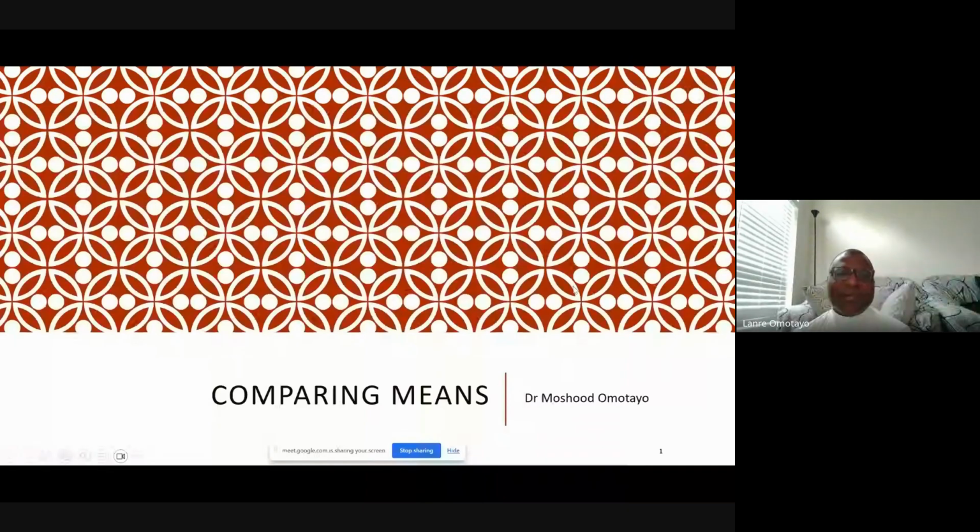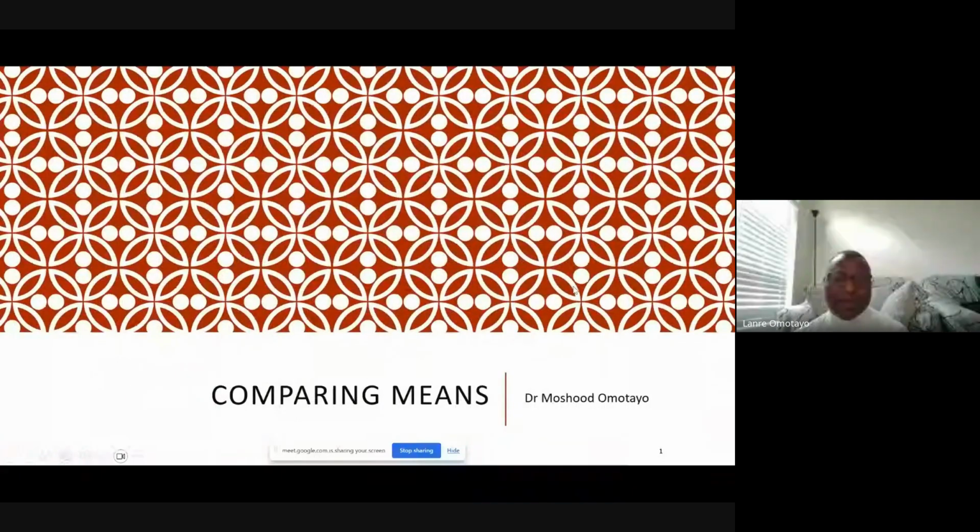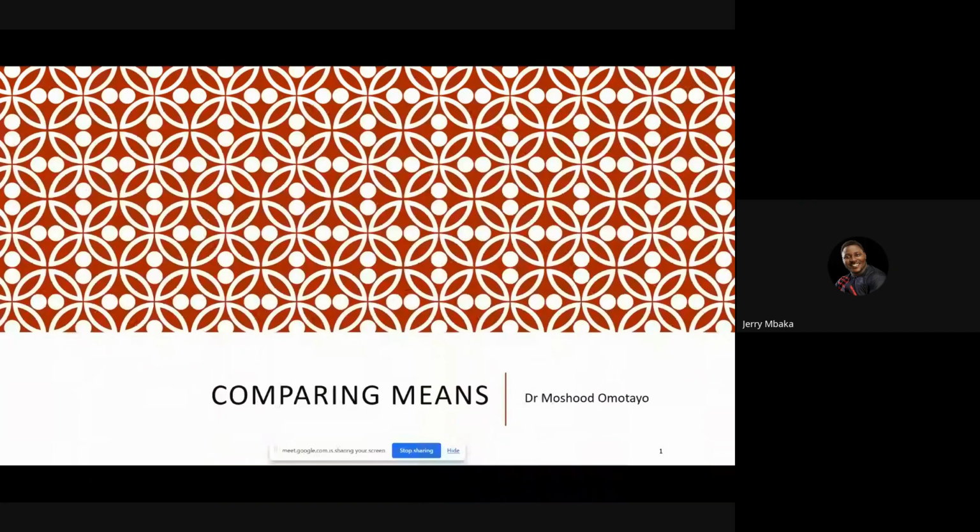Now I can't see people's faces, so I can't tell if somebody wants to respond. Somebody can just unmute and tell us what ideas. How do you think we should go about this? Okay, so